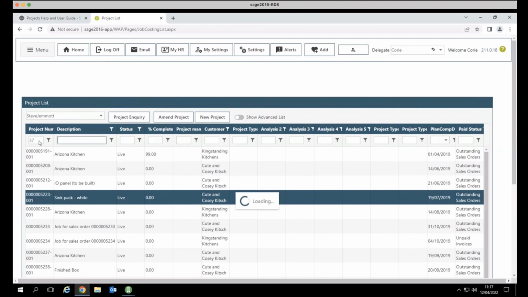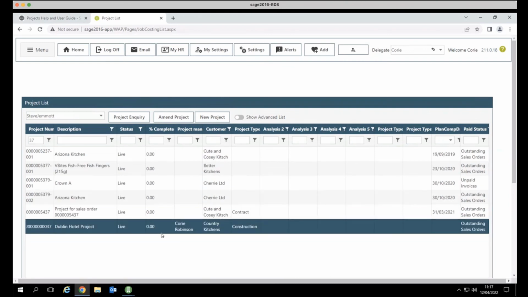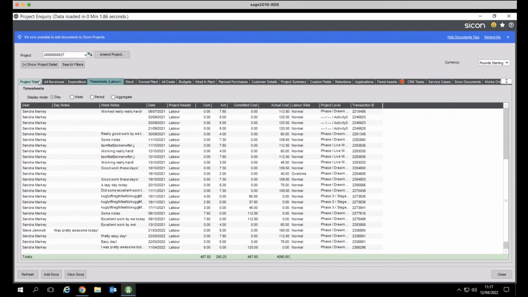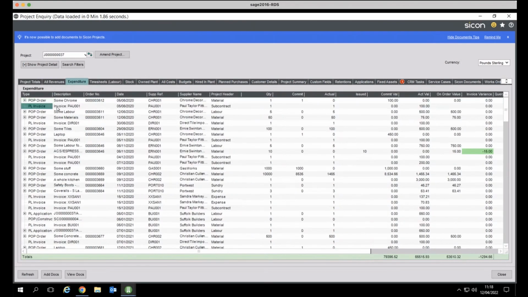So, for example, there's my Dublin hotel project, being able to see those. And then as I drill down to the project inquiry, as you've got within here, you've got your project totals, your revenue tab, expenditure. Now, what you can't do is drill down to the transaction in Sage because we're not in Sage itself, but a good amount of the information that we're able to do in here